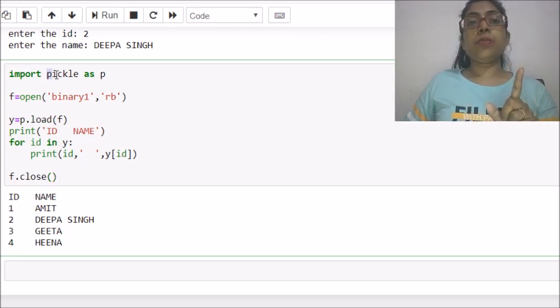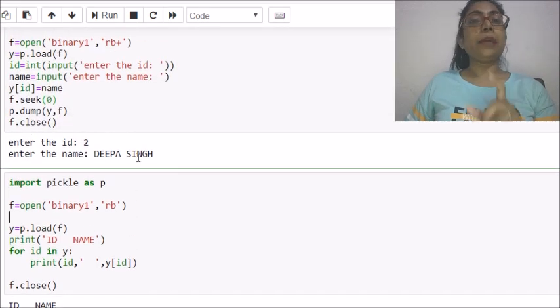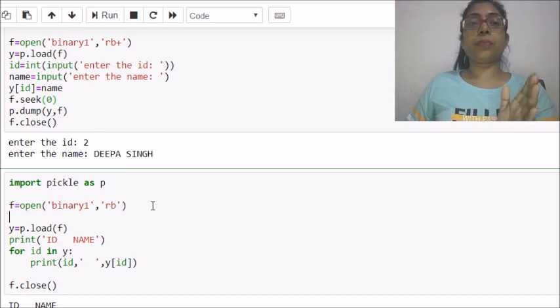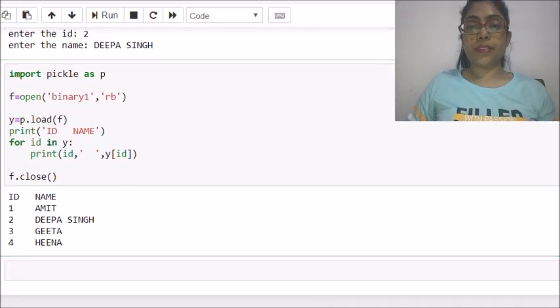This pickle module is in your syllabus, that is why I introduced it in this video. So practice load and dump functions. Dump is the replacement of write and load is the replacement of read function. So with the pickle module you have to use these dump and load methods. This is called serialization and deserialization.